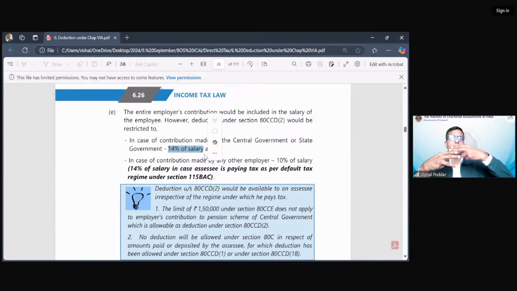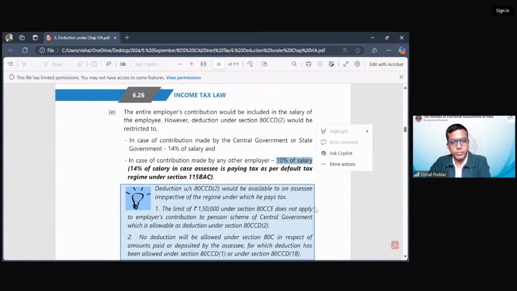Besides that, you have two more deductions, and these are allowed in 80CCD only. Out of these two, I am for the time being referring to the deduction for employer's contribution. This employer's contribution deduction is allowed to you under 80CCD bracket 2, and the limit is 14% of salary if your employer is a central or state government. Correct? Now, what if your employer is a private employer? If your employer is a private employer, that is other than central and state government, then the deduction is limited up to 10% of salary. However,